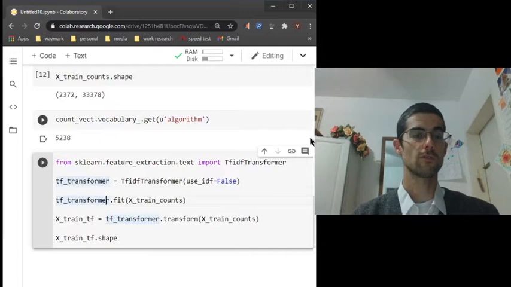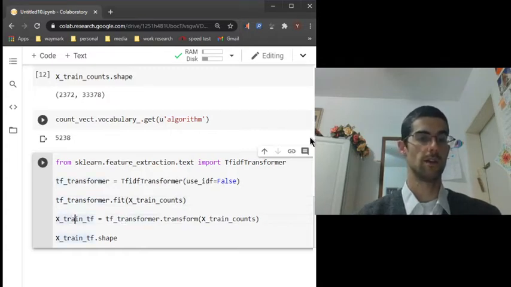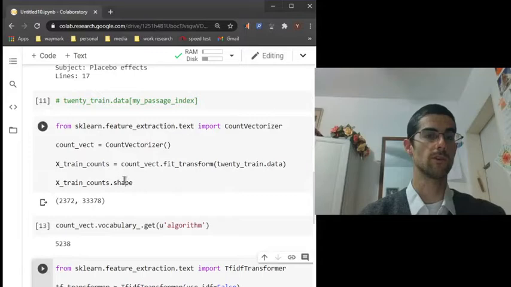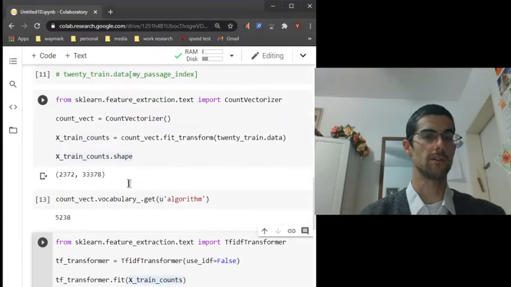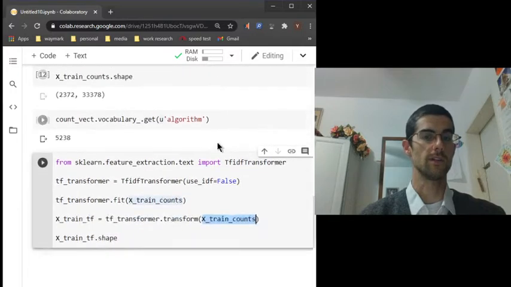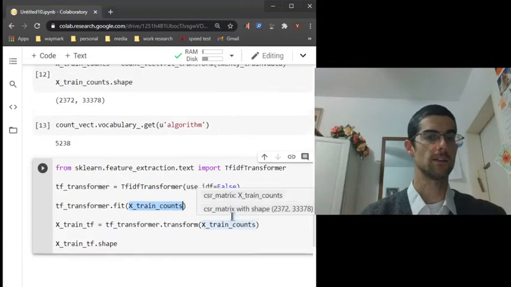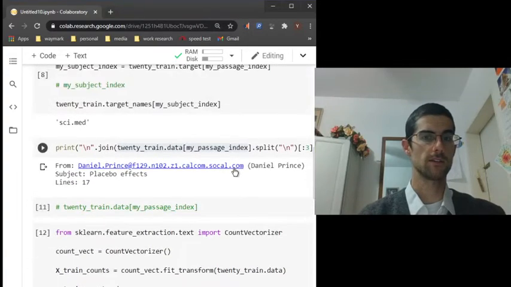So the TF transformer, you're going to fit that, just like we did with the previous model, to the X train counts. And then you type in train TF is the transformer that we just fit. Now you're going to transform it to convert the words into numbers, incorporating the statistics that you found from fit on the X train counts. Remember, X train counts is what we defined based on the model, how it interpreted the data. Just a minute, I'm going to look where I defined X train counts. I see up here, X train counts is defined as